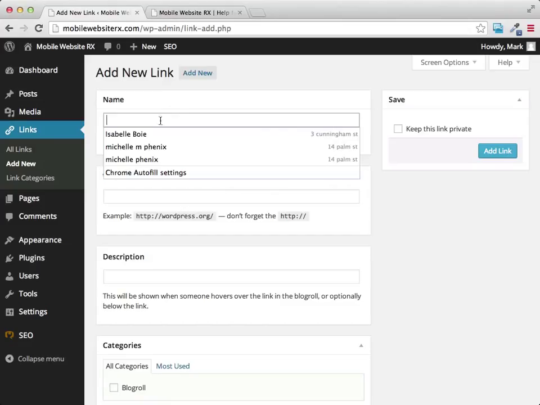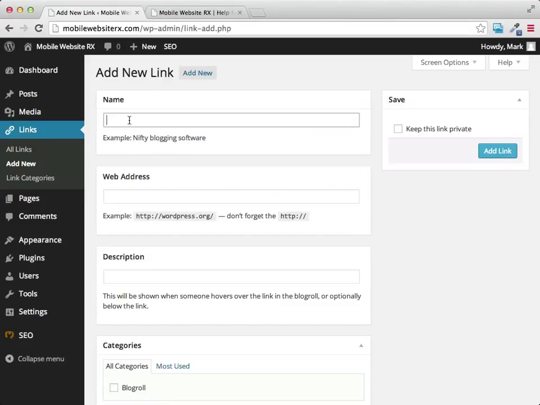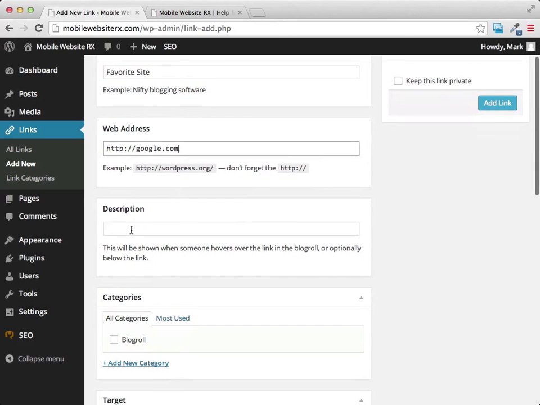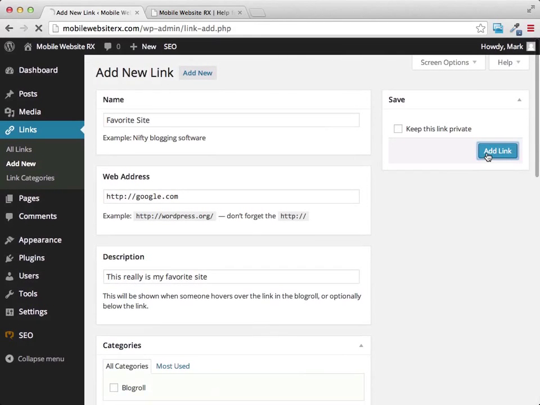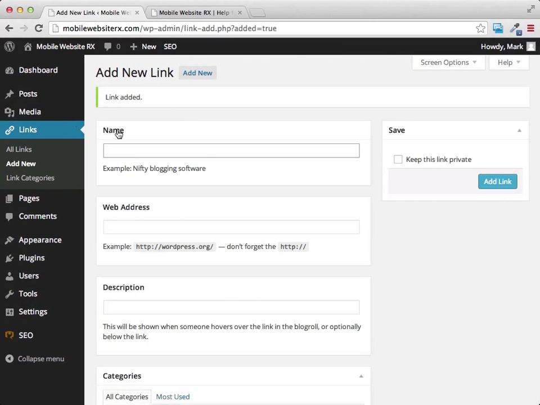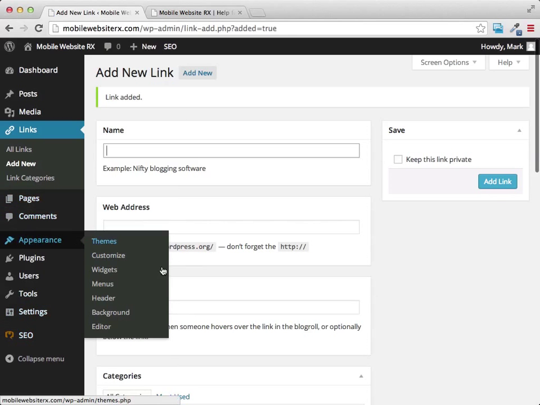We could name this our favorite site, and we could type in the address here. And then the description, that's going to be shown when someone hovers over it. And then we'll just go ahead and add the link. So now this is going to be added into our links. Now when we go back over to our widgets,